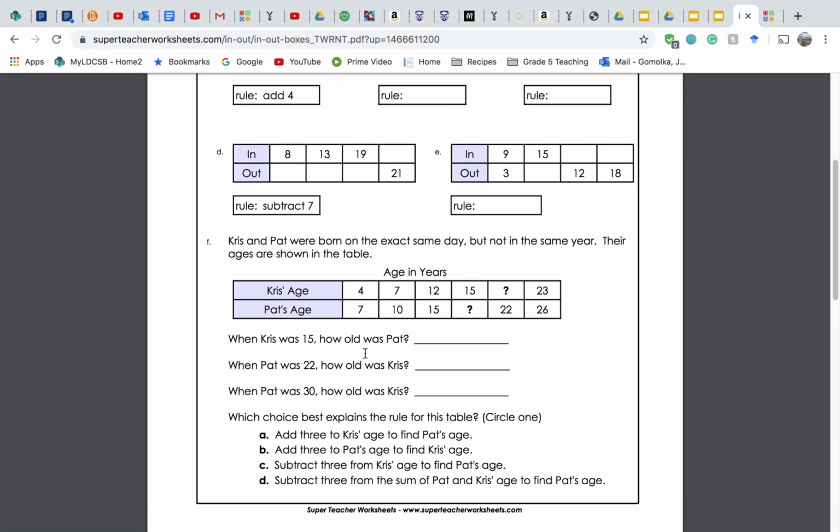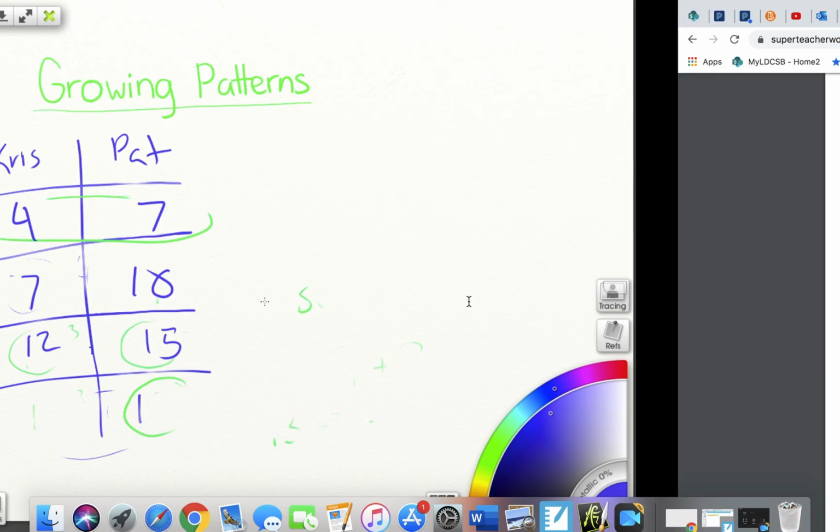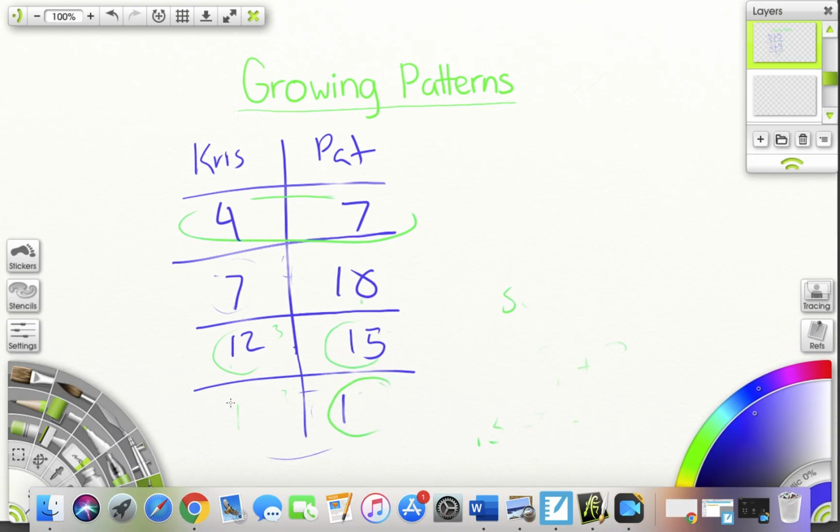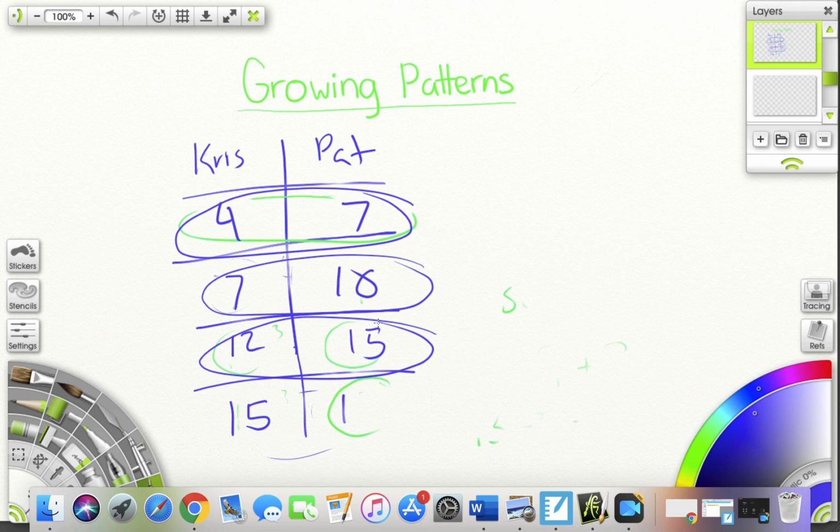And when Chris is 15, we're trying to find out Pat's age. So what is the pattern rule between these ages? So from 4 to 7, how many years older is Pat than Chris? If Chris is 4 and Pat is 7, we do 7 minus 4. That'll give us the difference between the two, and that equals 3. So in this case,